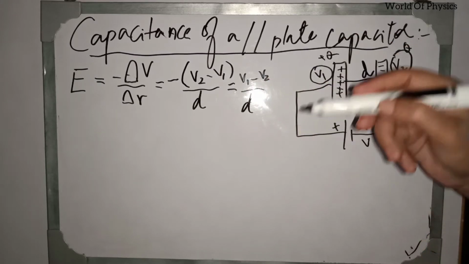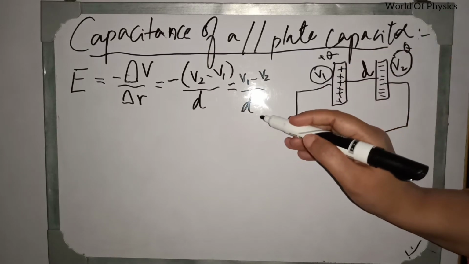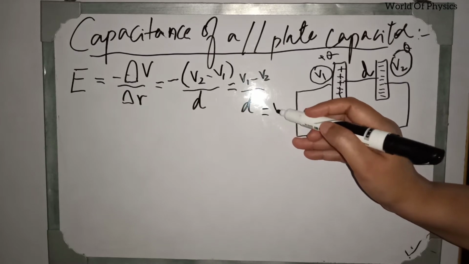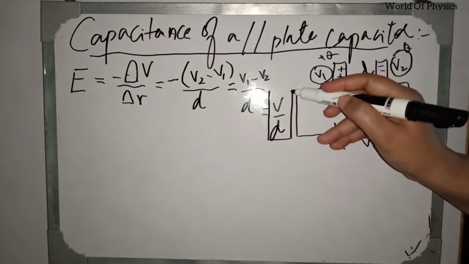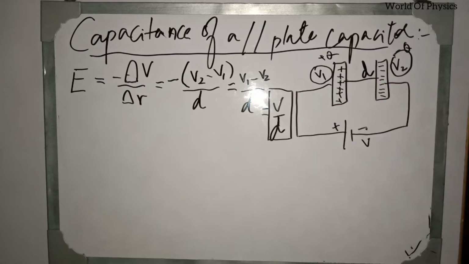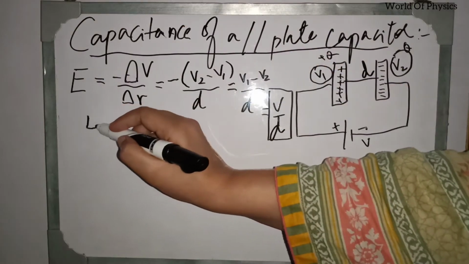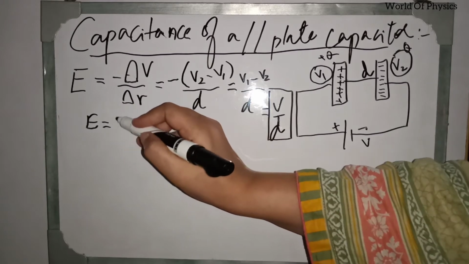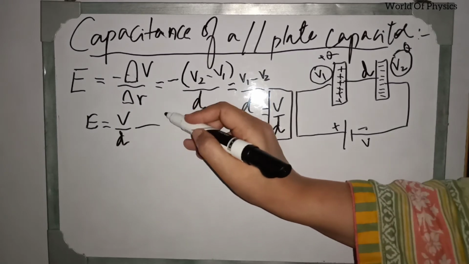As V1 and V2 both represent the change in potential, we will write down only one equation, that is V divided by D. So V1 minus V2 is replaced by V. So V divided by D is called equation number 1. Say this is equation number 1 and this is the value of E. So I will write down this equation again. E equals V divided by D. This is our first equation.